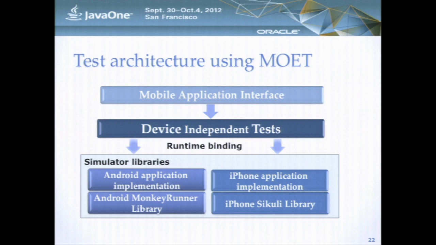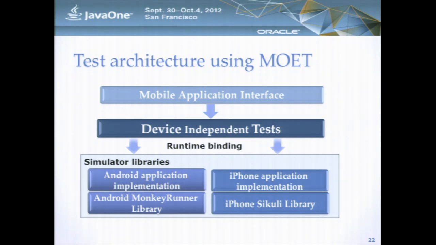So we talk about the application interface. This is the top layer. You define all the business logic, say, for example, get accounts, do a transfer, do a bill pay, for a financial application. These are login. You define that as part of your application interface, and then you base your tests off that. So because your test is based on this interface, you know for a fact that these are being implemented in different platforms,